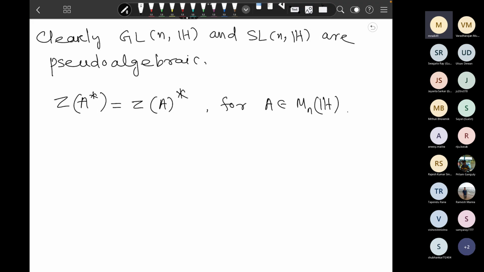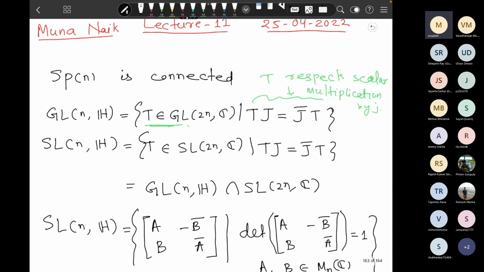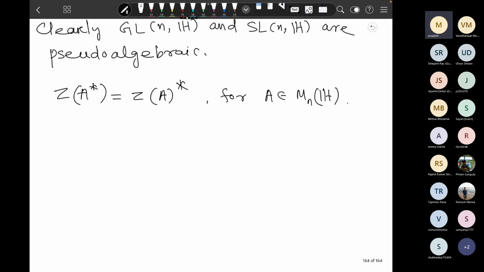To apply the polar decomposition lemma, we need the condition that the group should be closed under conjugate transpose. You can do that for any picture, but in this case I will use the complex picture, so there is no problem at all. So, claim: